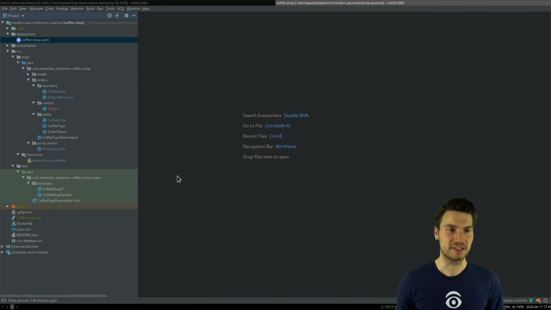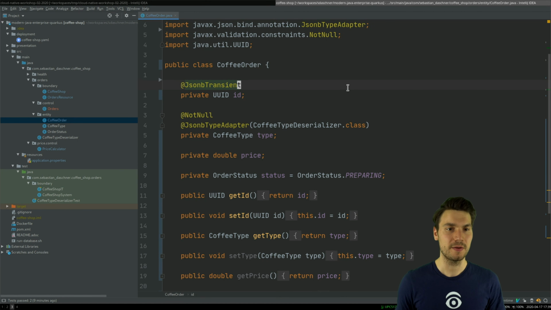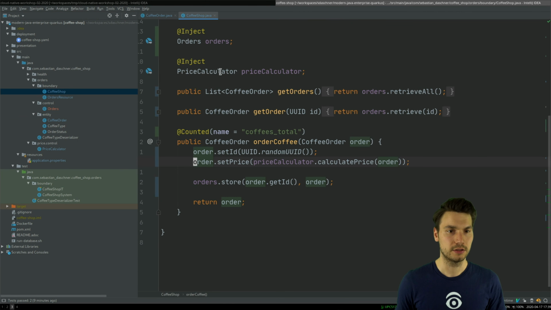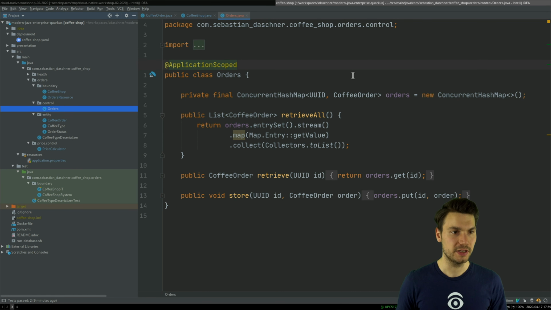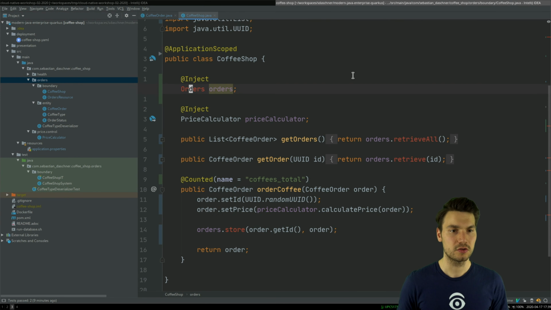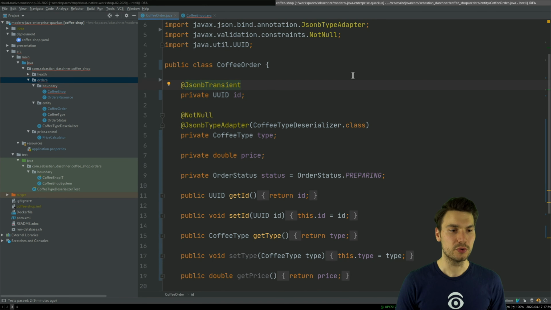So let's do the persistence. We have our coffee order that is persisted in our orders being here and just stored in this hash map. So we don't want this anymore. We're actually immediately going to delete this whole package. And well, now what to do instead? So what I will use is